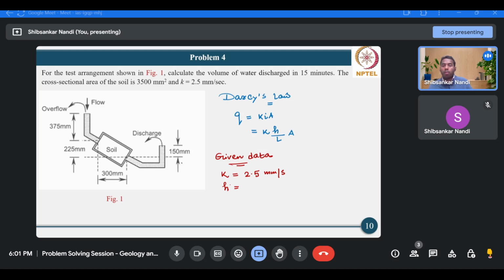The head difference, the constant head. What is the constant head given to this problem? So this is the difference between this inflow and outflow. So the difference between these two levels will give you the constant head difference for this problem. Now, what is the head? If we take this as datum, so this is the datum. So if we denote this point as A and B,